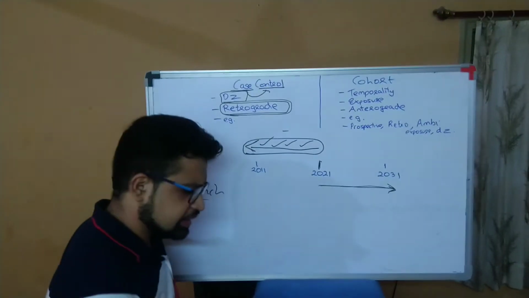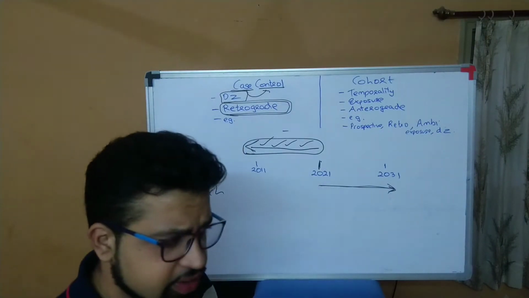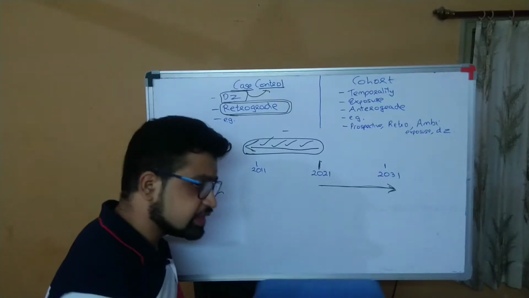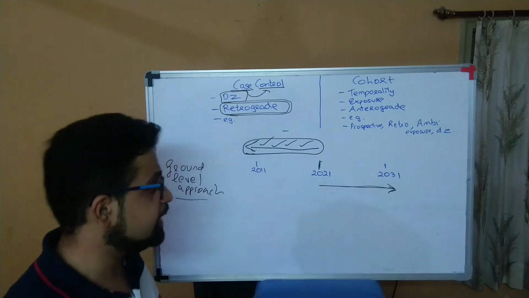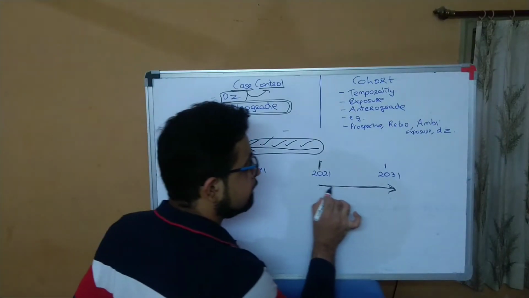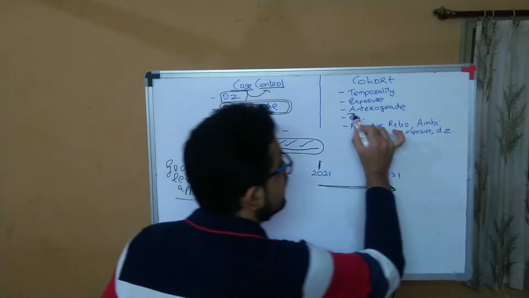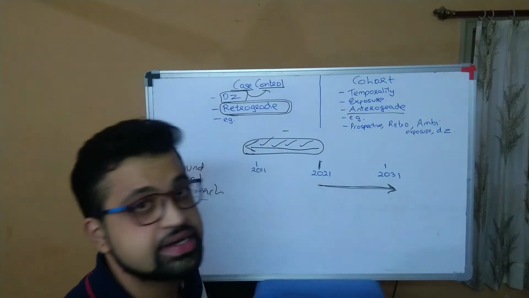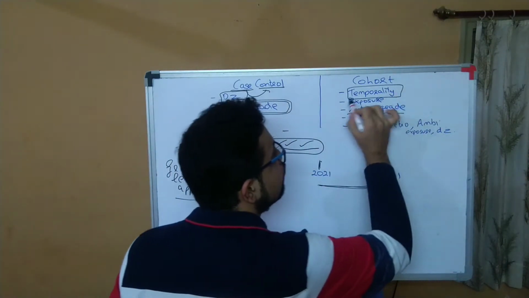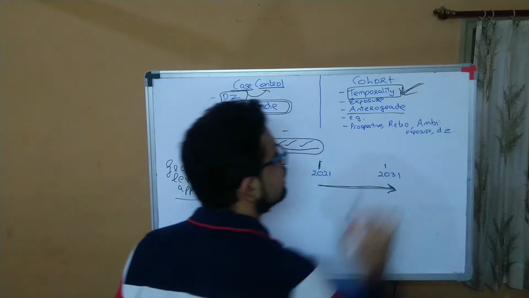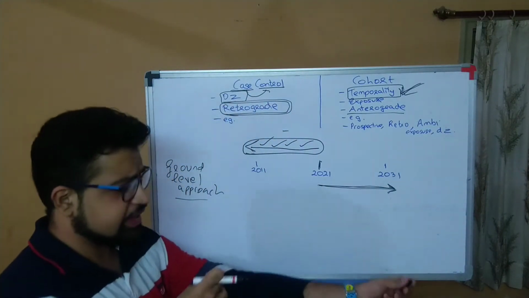You go for serial CT scans, serial chest x-rays, all the radiological investigations, and physical examination. You follow up the patient for their clinical complaints. And you are following them up anterograde. This is the most important direction. You are following them anterograde, and that is the reason why I said that temporality is the word that forms the crux of cohort trials. So that is the example I gave you.